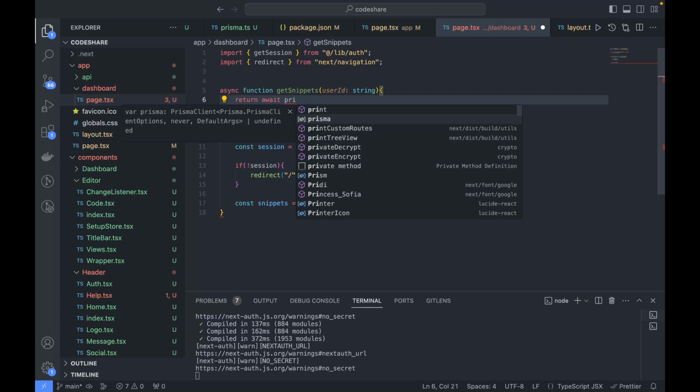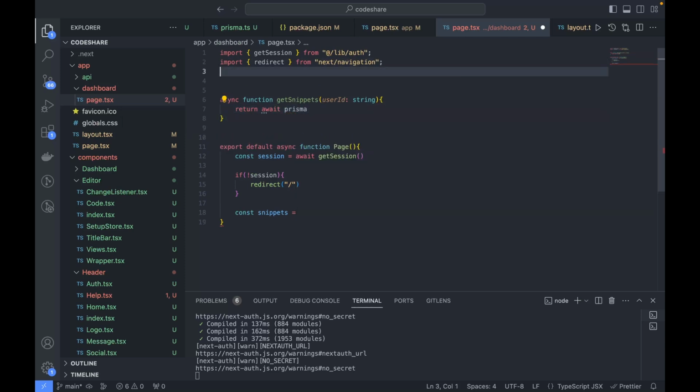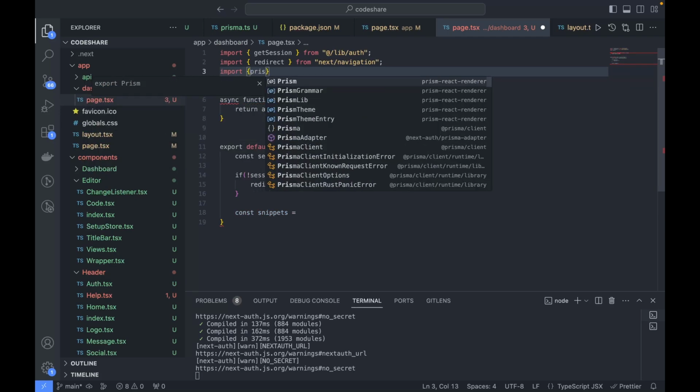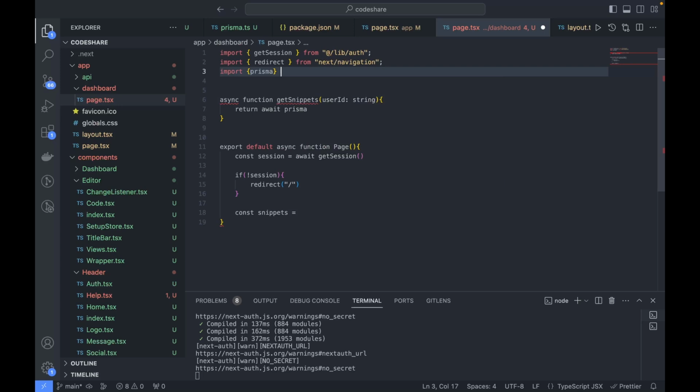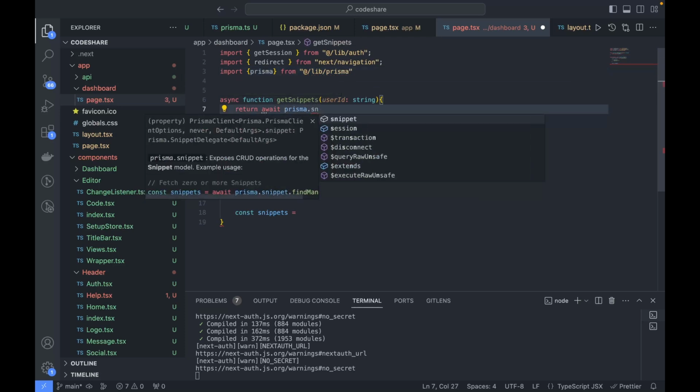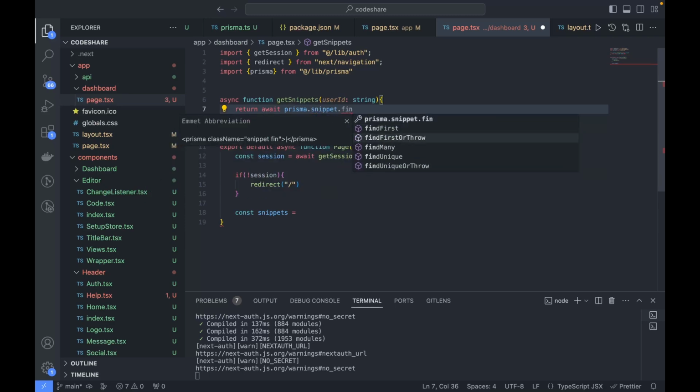I'm just going to import this prisma from library slash prisma. Okay, so now here I'm just going to call this prisma.snippet dot find many